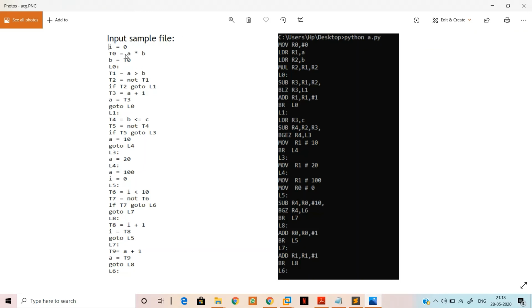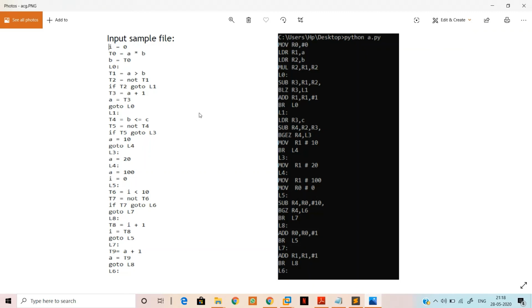So I have loaded with LDR the first time, as it wasn't in the dictionary, then LDR b also, as it wasn't in the dictionary. Then I skipped i equals i plus 1 and saw to which variable this temporary variable has been allocated. If this variable b wasn't already in the dictionary, that is, wasn't already loaded, I would have loaded it as well. But since it was already loaded in register R2, I have multiplied and stored the result of R1 and R2 in R2 itself.